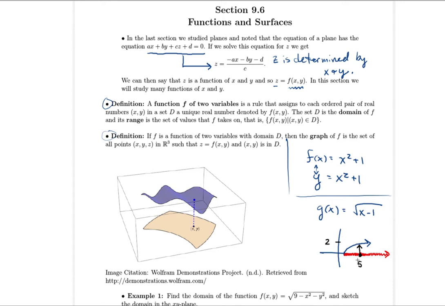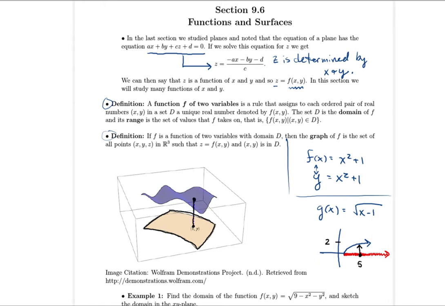So this visual of taking the domain, which is just a bunch of x values, and sending them up to the y value is useful for us. But now our domain is a set of ordered pairs. So now our domain isn't just an interval, it's this entire region right here. It's a bunch of ordered pairs, and it might have an interesting shape, or it might just be all ordered pairs. But the point is this is my domain, then I take members of that domain, just like I took this member 5 and sent it up to 2,